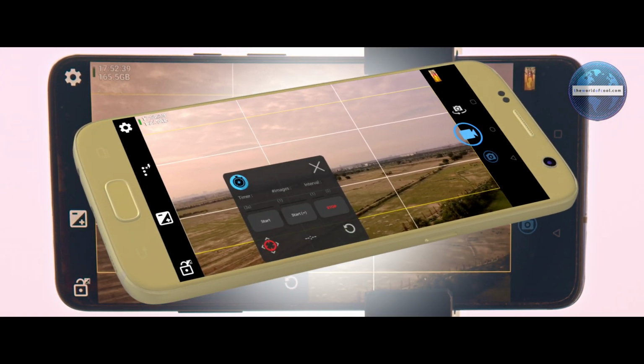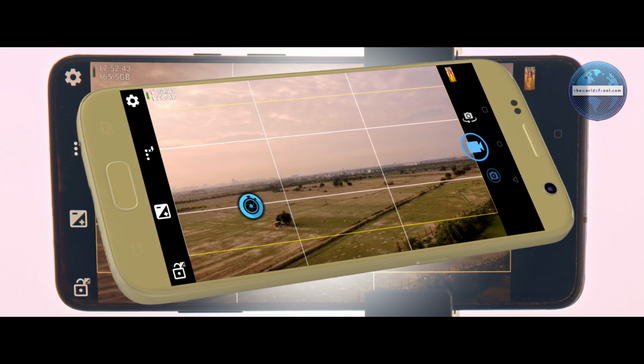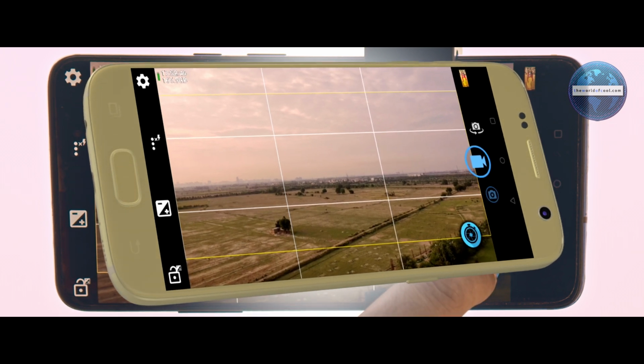Now click OK on the intervalometer app and tap the intervalometer icon on top of where it says timer, that text that you can see. This will shrink that window into a small icon that you can move around so that it doesn't come in the way of the open camera app's interface.